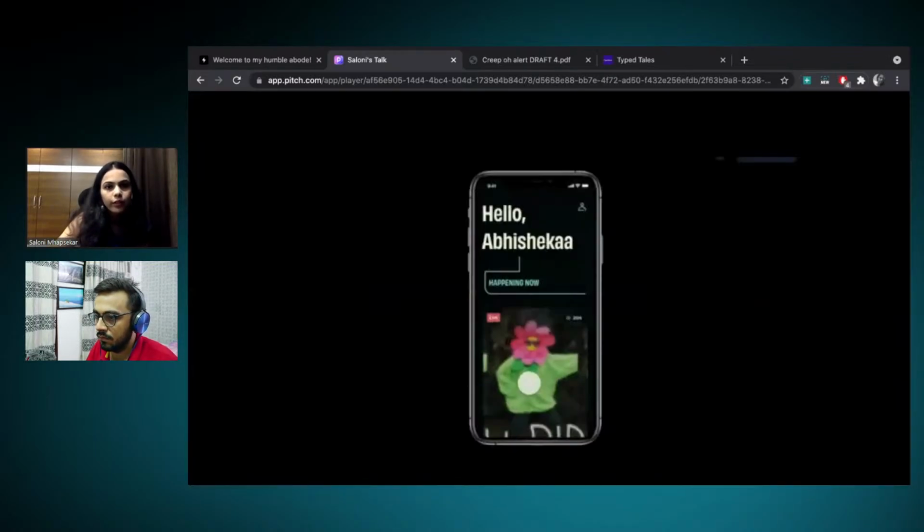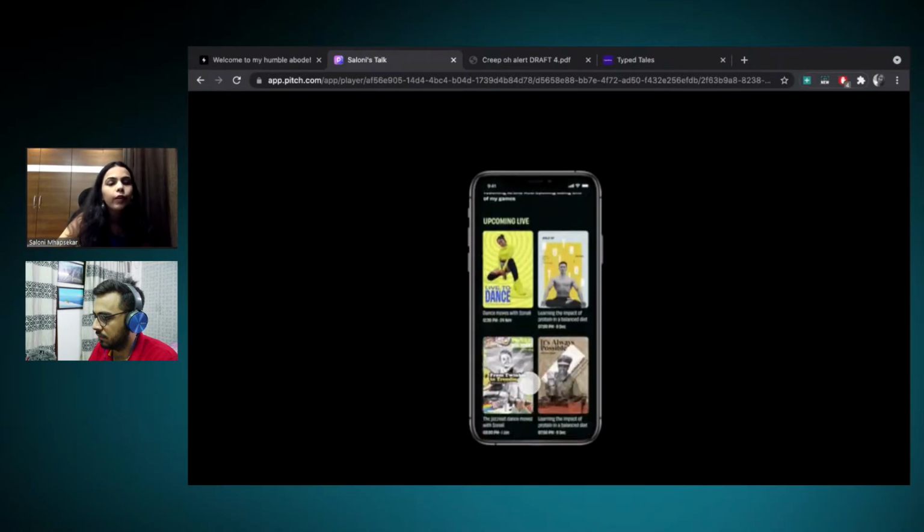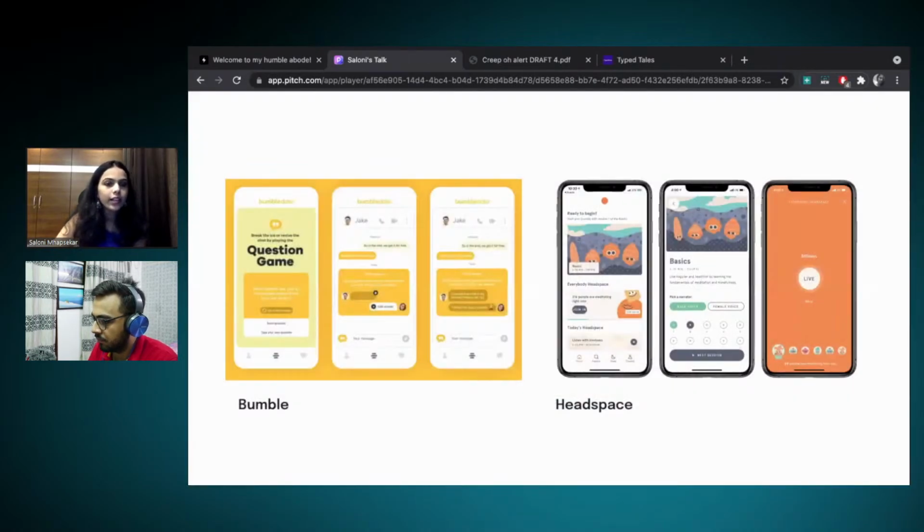So Graphy tries to make it fun even for adults, and that is what other apps are also doing. If you look at Bumble, who introduced ice-breaking activities, people are very anxious and nervous when they go on Bumble for the first time. So they have introduced a few sets of games. Headspace, again, is another place where people are anxious, frustrated. It helps them to calm down. The entire playful approach is very interesting for them.